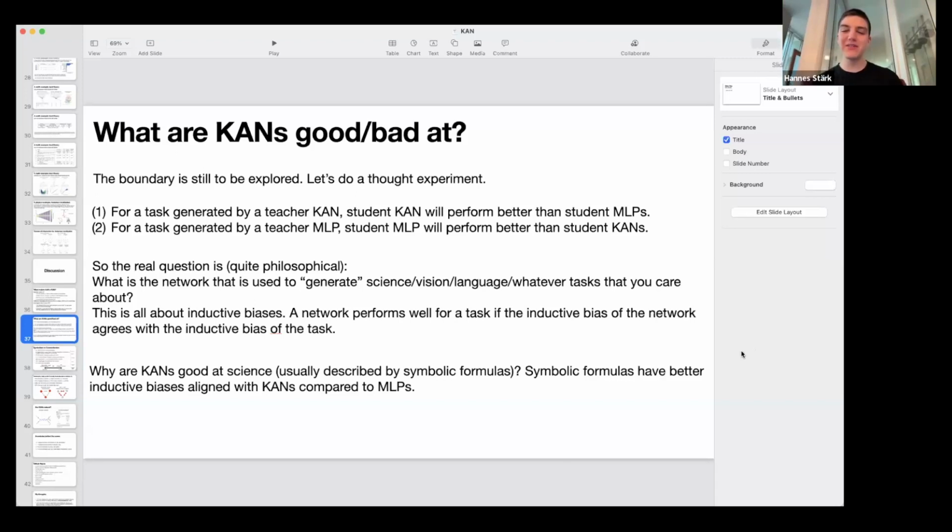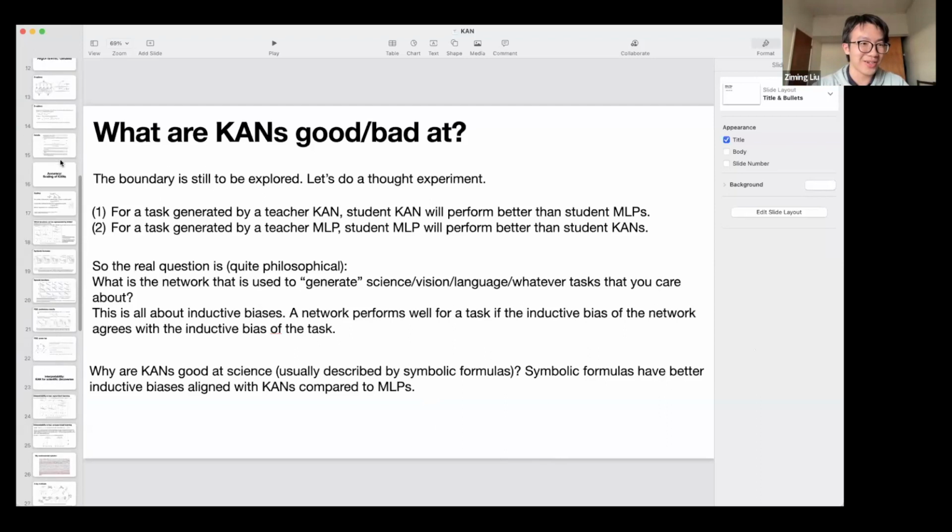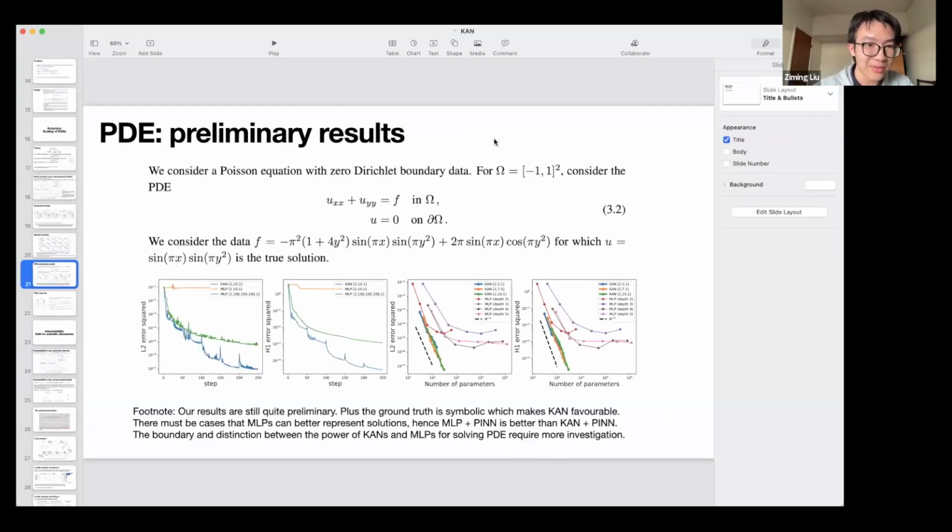Okay, and have you seen people using KANs for solving PDEs or putting them into these neural PDE solvers and being especially successful? Well, it's too early to say that. But I skipped this slide real quick; this is just one preliminary example we had. It's a really simple Poisson equation, and that's our first attempt. It looks promising, although the training is slower than MLP, but the accuracy and parameter efficiency seem higher.